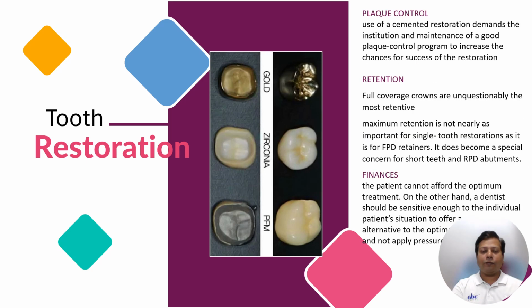The other factor that we consider is plaque control, where the restoration demands good plaque control or oral hygiene maintenance by the patient. So we need to take this factor into account. Of course, the main important factor that we see in a particular tooth is the amount of retention. Usually the full coverage crowns are most retentive, but also involve extensive cutting of the tooth structure. Of course, maximum retention is not nearly as important in single tooth restoration as it is for your fixed partial denture retainers or restorations with any